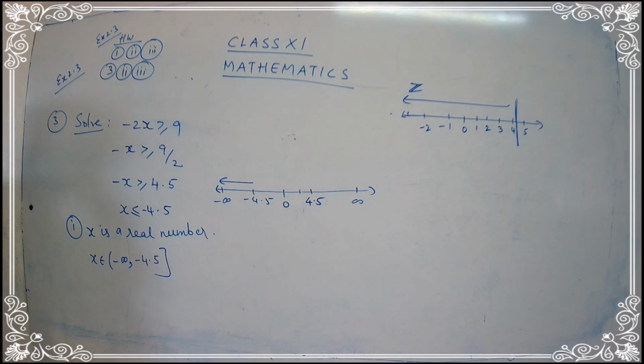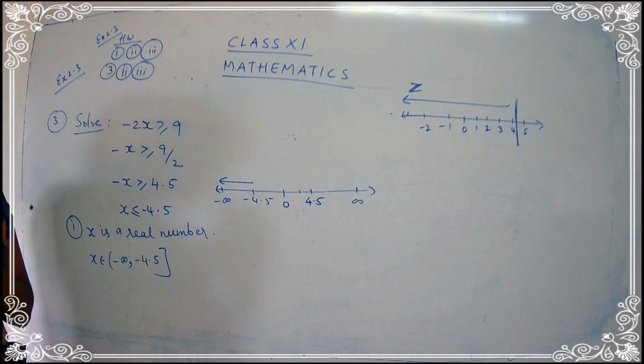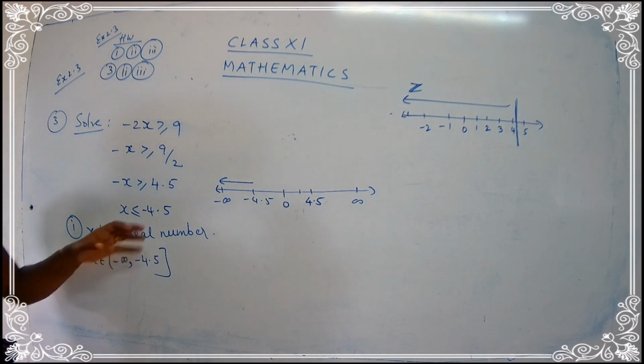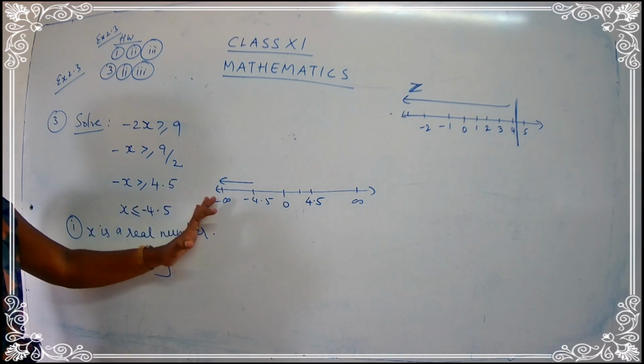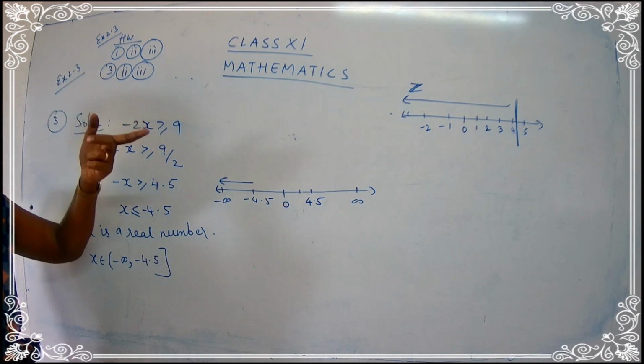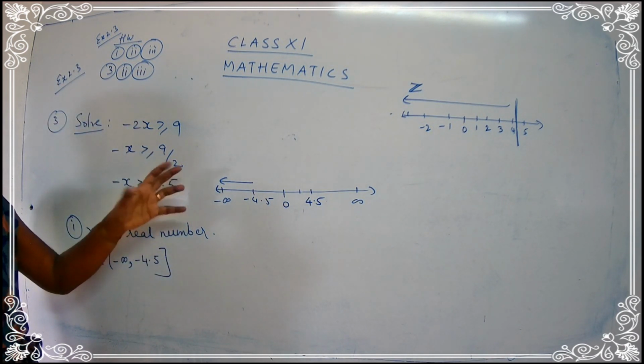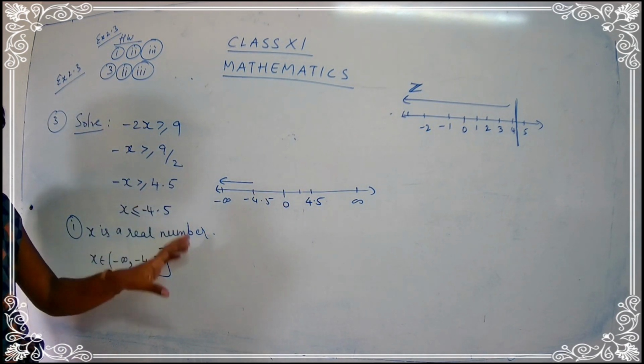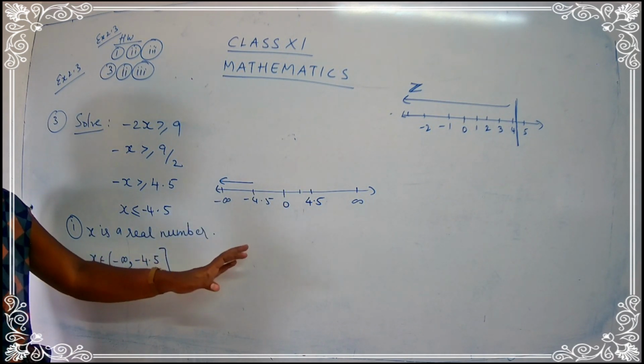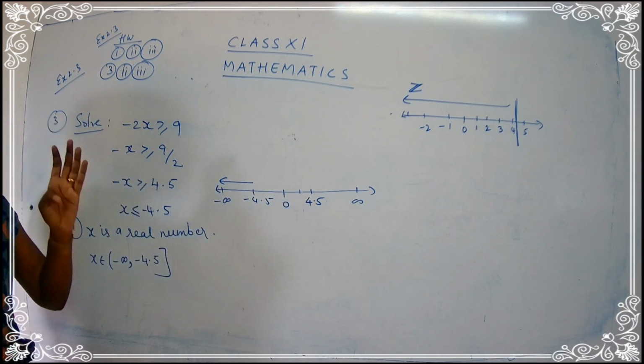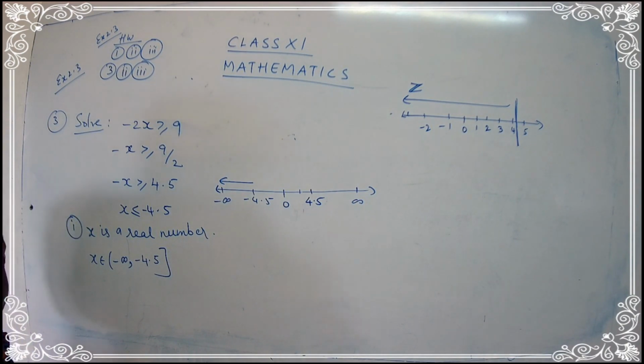Now let's go to question number 4. I hope you are doing all the number lines, children. You have to draw the number line so that it will be easy for you to understand what is where. Real numbers means you have to take all, and all means it starts from minus infinity. For the integer part, I did not take from minus infinity. I told you, just put dot, dot, dot, and take some numbers. Are you clear, children? There is a difference. Just understand some concepts and use them.